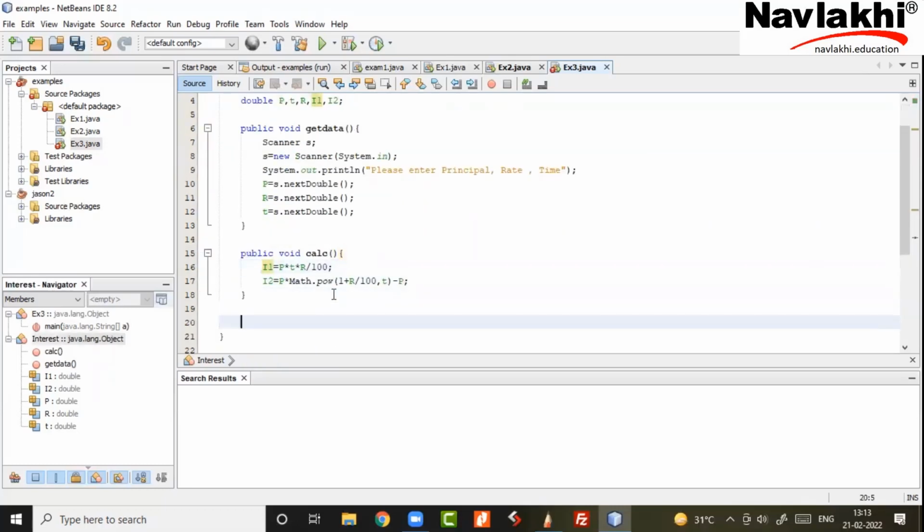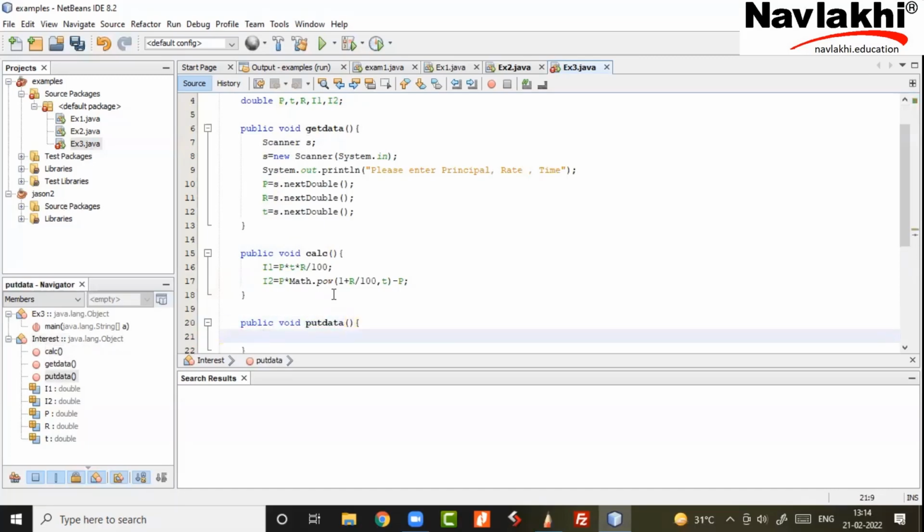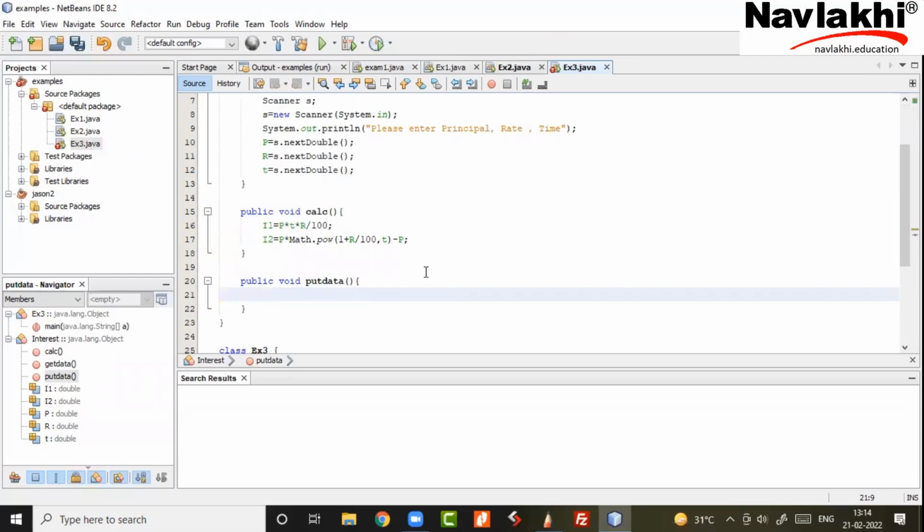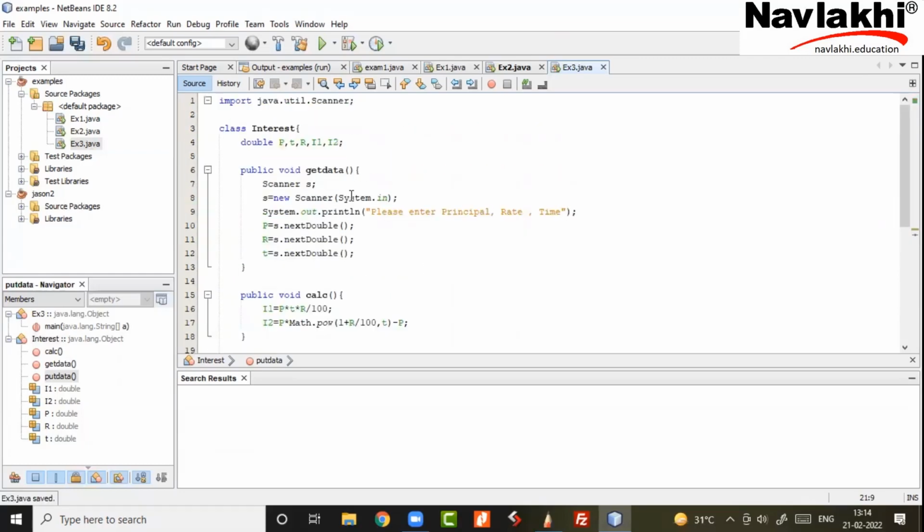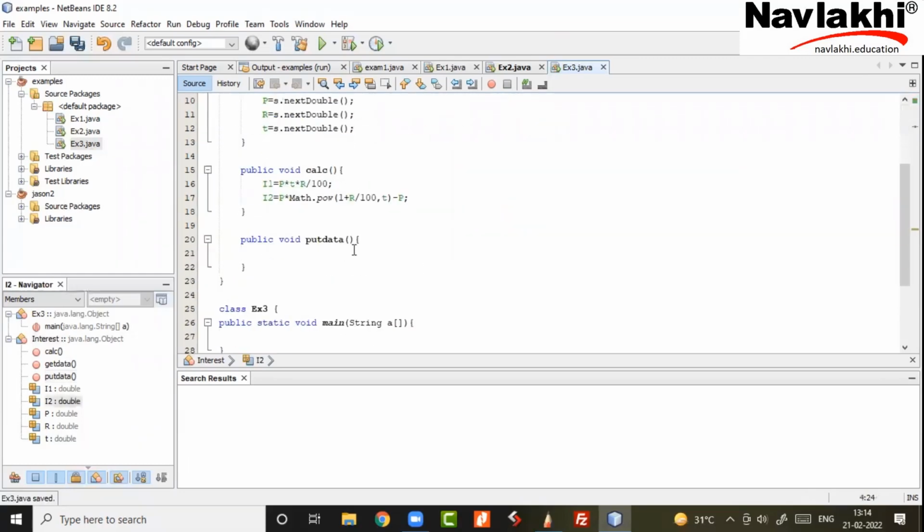So in this two class approach, my third function is yet left for print, whatever I may call the name as, my wish. I'm calling it as put data. Don't think why. Print, kuch bhi naam rakho. That doesn't make a difference. I'm calling get data, put data, anything. Okay, now in this particular function, I will print I1, I2, and note I1, I2 is global technically for this class. They're class variables, so it's accessible through multiple functions. So I filled up in calc, but I am printing in put data.